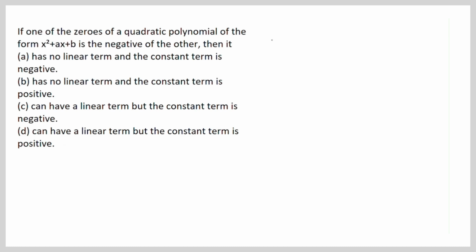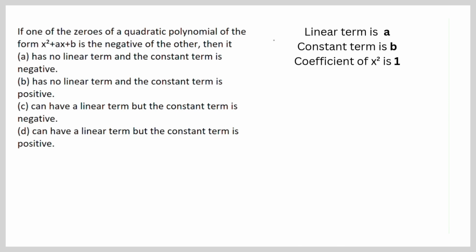Now, first thing that we'll do here is to write down the term here. We can see that the linear term is a, constant term is b, and the coefficient of x square is 1. Now, using this relation that one of the zeros is negative of the other,